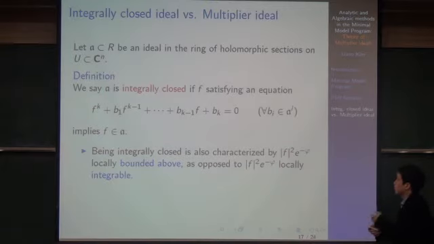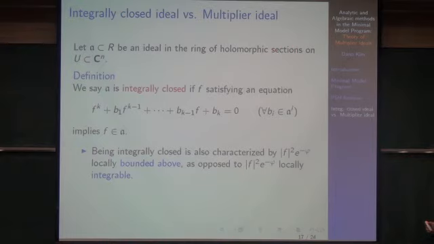Okay, so maybe we will mention this openness conjecture later, but now we want to define another notion which is called an integrally closed ideal. So in general, when you have a ring of holomorphic functions, sorry, this is a typo, this should be functions, and you consider some ideal A, and we say A is integrally closed if